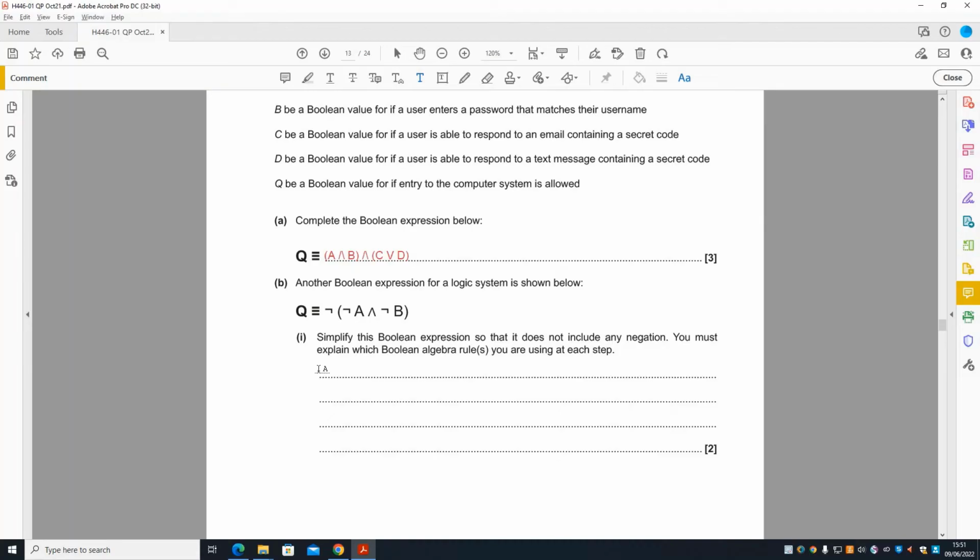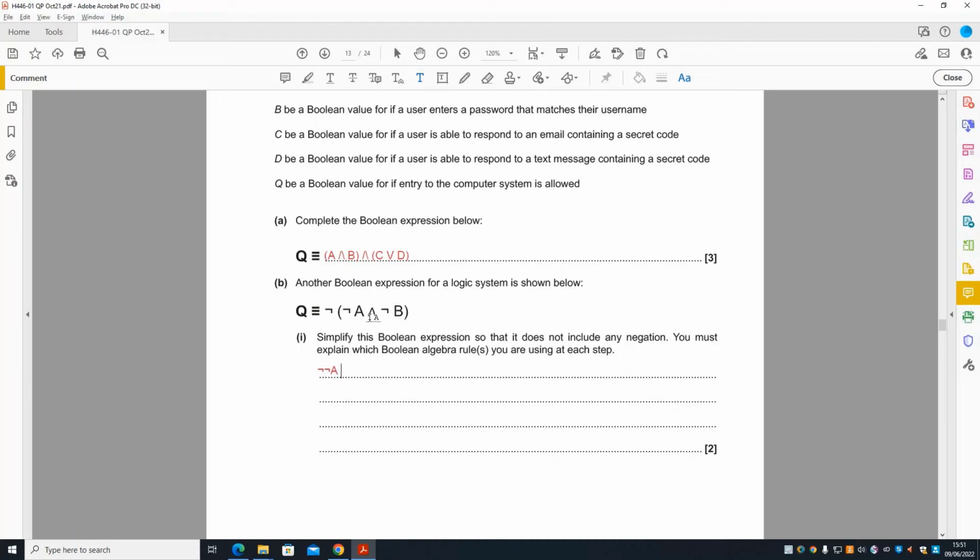Okay, so what we're going to do is quite straightforward actually. If we have a look here, we've got negation, we've got a not here, and we're going to apply it to that one. So we can apply it to here, and we can apply it to here, and you're going to end up with two not symbols. So basically you're going to have not